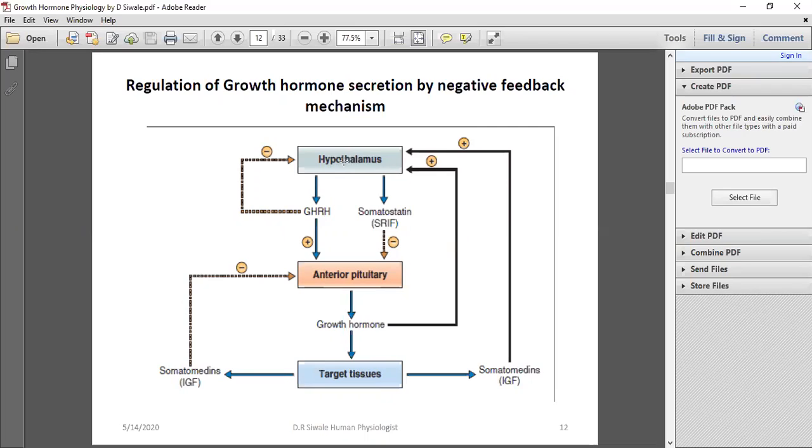The hypothalamus, let me just quickly run through it. The hypothalamus will release the growth hormone releasing hormone. This hypothalamus can be stimulated by stress, okay, psychological factors, and many other amino acids. So the hypothalamus will release a hormone called growth hormone releasing hormone. It will diffuse and reach the anterior pituitary gland, specifically to bind to the somatotropes, those that secrete growth hormone. Remember, in the anterior pituitary gland, there are various cells that secrete hormones.